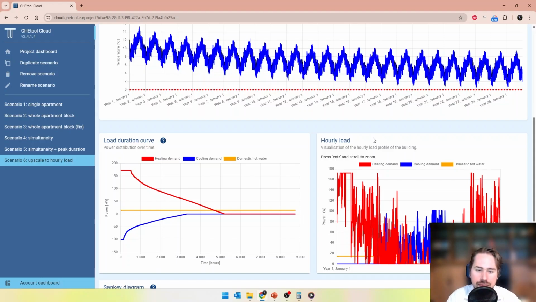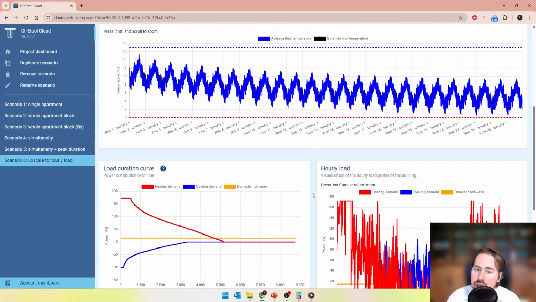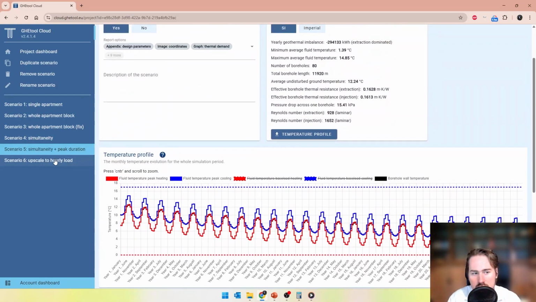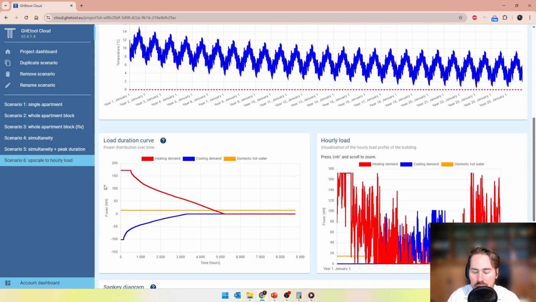So I would be tempted to say that this methodology is actually a little bit more accurate, because here we had a peak duration of 72 hours, but if we look at a typical profile generated based on the weather data, you would expect way longer peak duration,